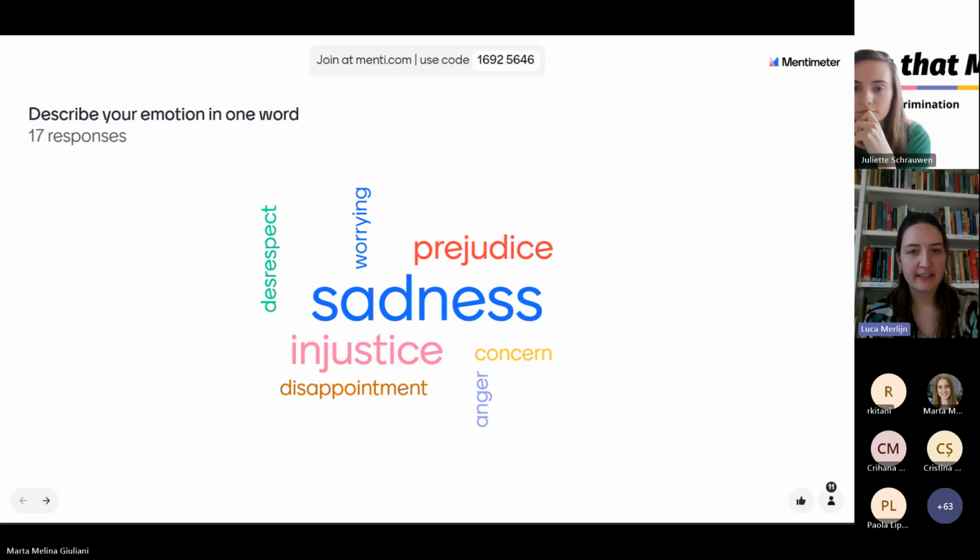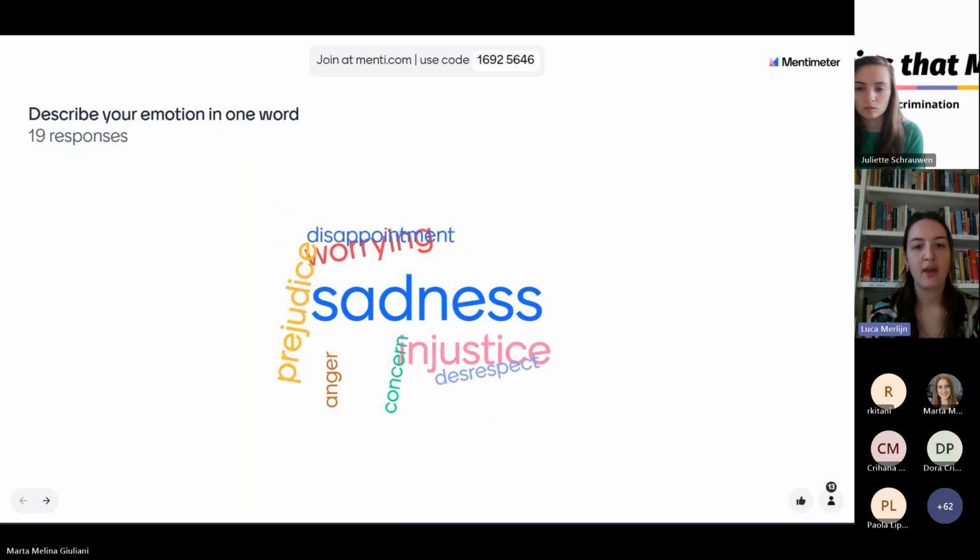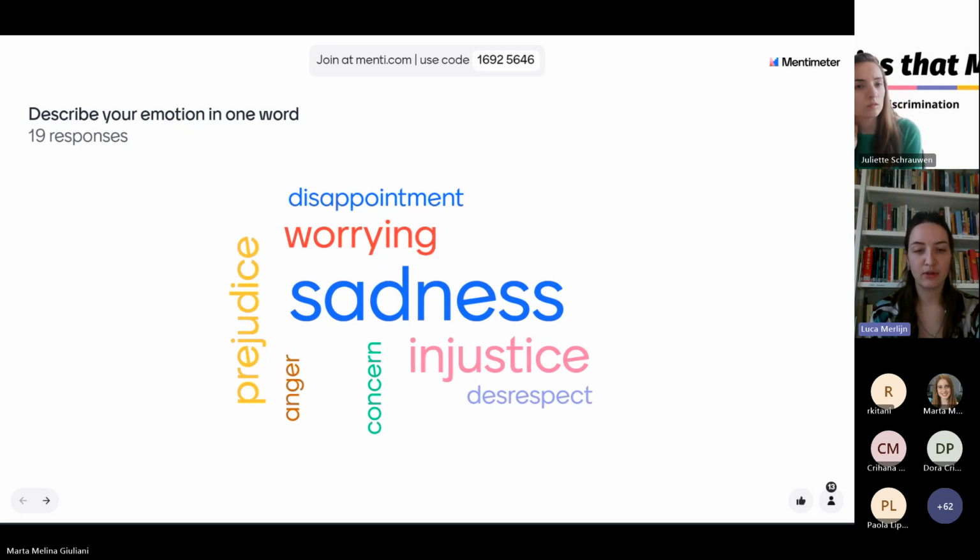So a word cloud like this, we use it a lot in the tool as well. Now, of course, we're not working in the tool, but the idea of a word cloud we use a lot in the Stories That Move tool, because it's a really good way of making your thoughts visible. And for students, it's really nice to see, okay, how are people in my class, for example, thinking?